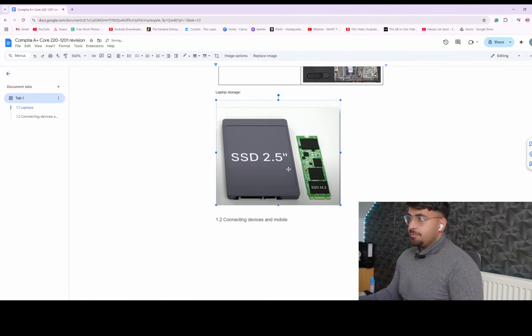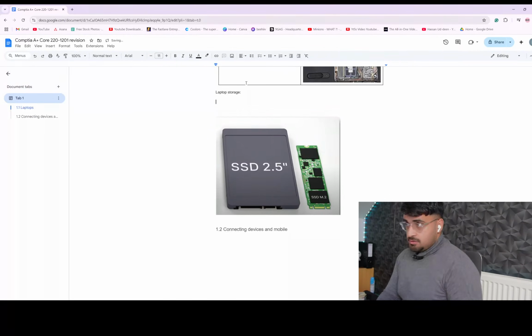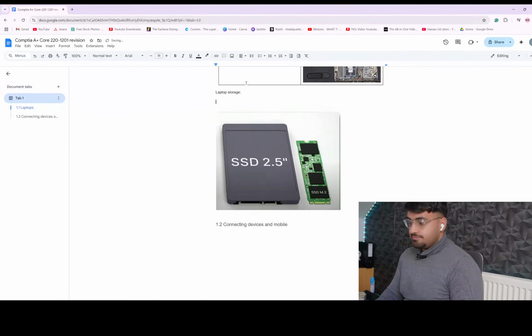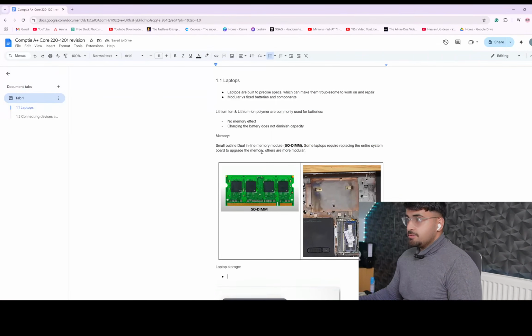So we're starting off with the basics. We're seeing a spinning drive that has platters to be able to store that information. On desktop computers, you may have seen 3.5-inch drives being used for storage, and on some laptops, because they are a smaller form factor, you'll find a smaller storage device, and that is a 2.5-inch